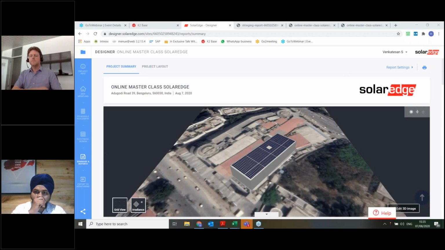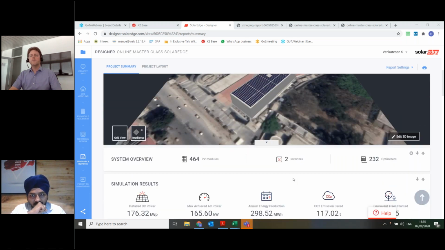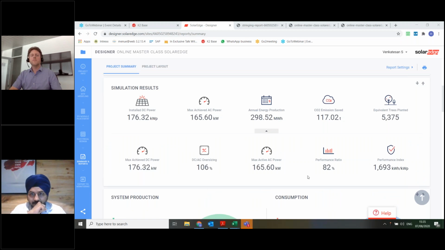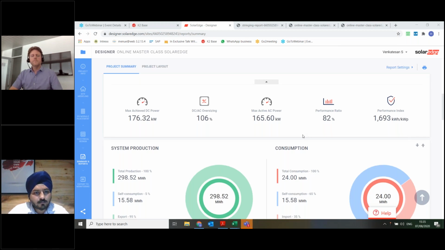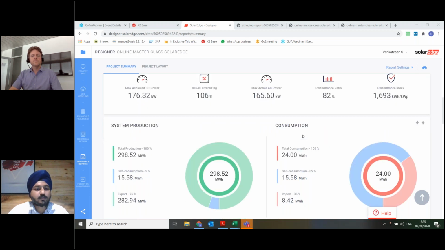Okay, yes, thank you. Can we go to the summary report, to the part of the bill of quantities? I just wanted to see the pricing there. I see you can change the currency there, from Indian rupee, I think, to South African rands. To the bill of quantity. Yes, in the SolarEdge report. And just go to the bill of materials.